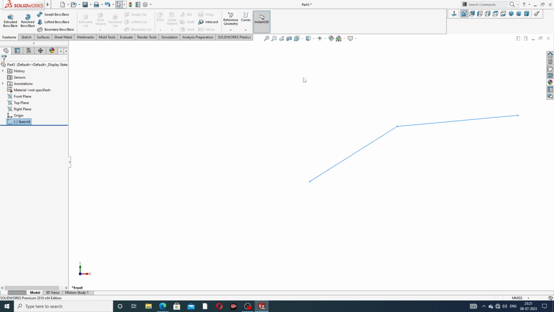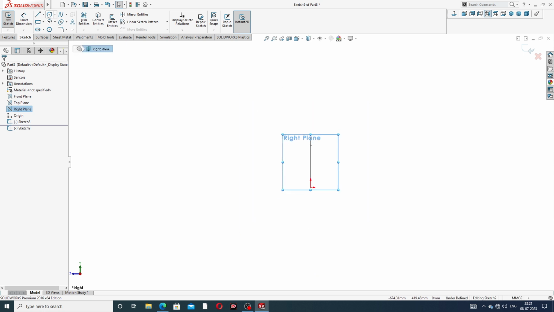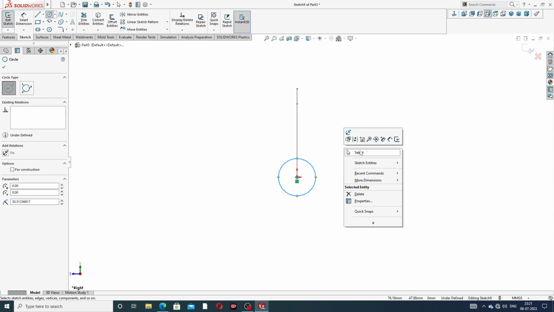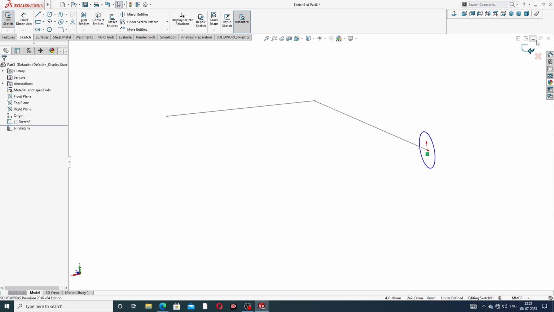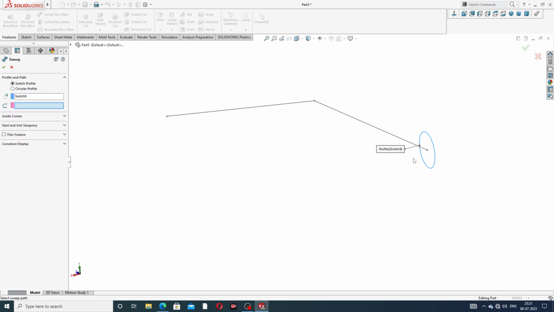and exit, and also select a top plane, and also select a right plane, sketch normal, and draw a circle like this. Okay, this is perfect, and now use a sweep, both base, and then use